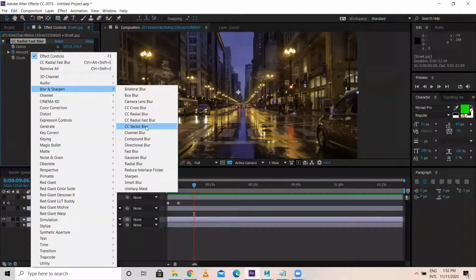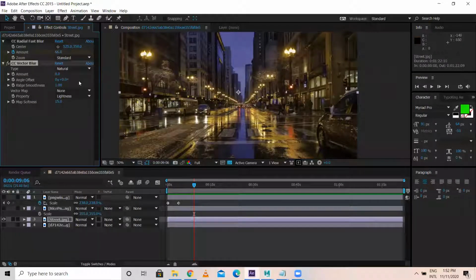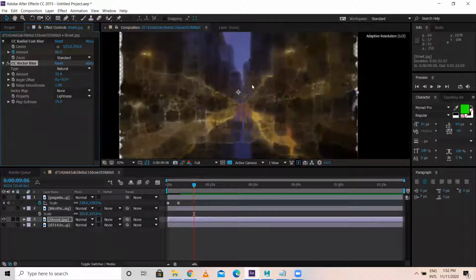That is vector blur. Vector itself is a comic effect. Vector gives a comic effect.